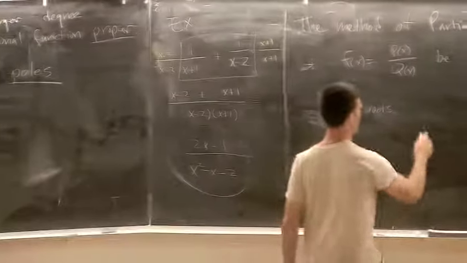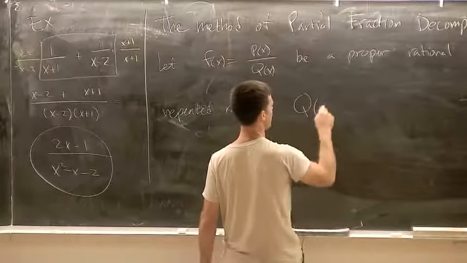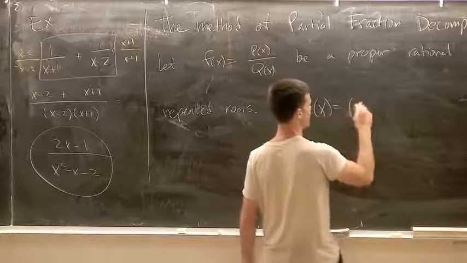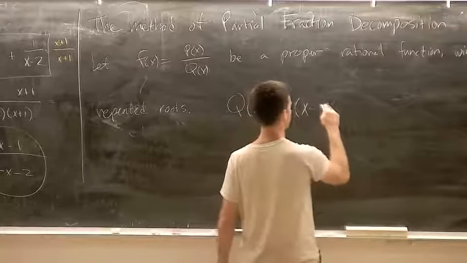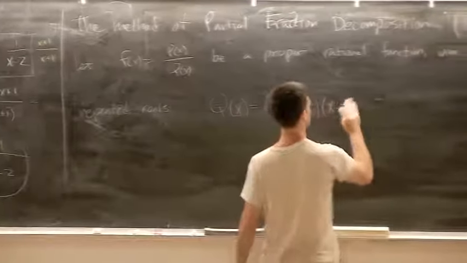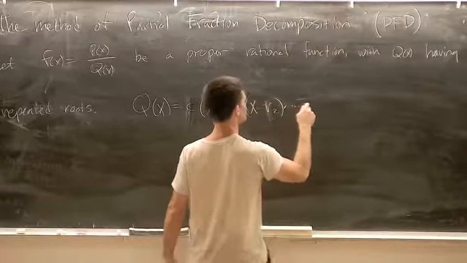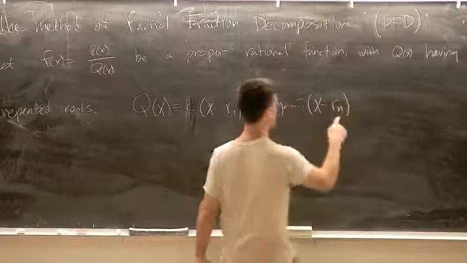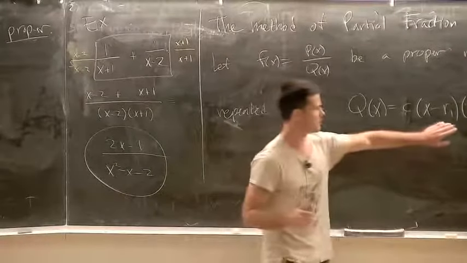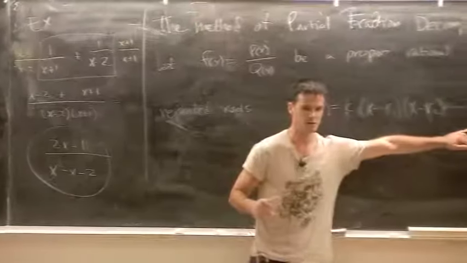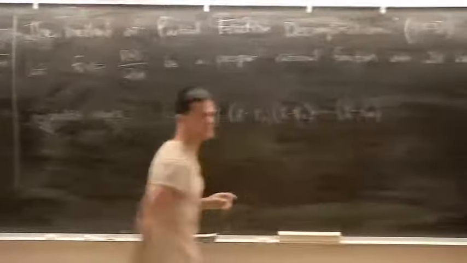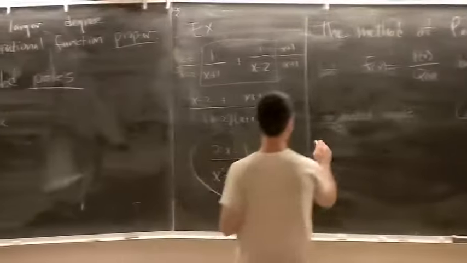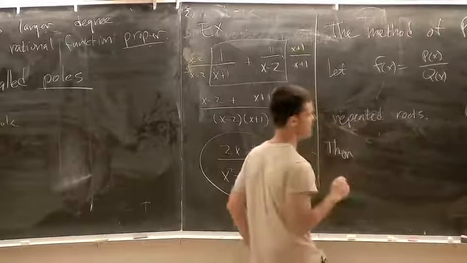Right, so then, according to the fundamental theorem of algebra, q of x can be written as maybe some constant times x minus r1, x minus r2, out to x minus rn, where n is the degree of q. And when I said no repeated roots, none of the ri's are the same as any of the other ones. Okay? Each one of these terms is distinct. Then,